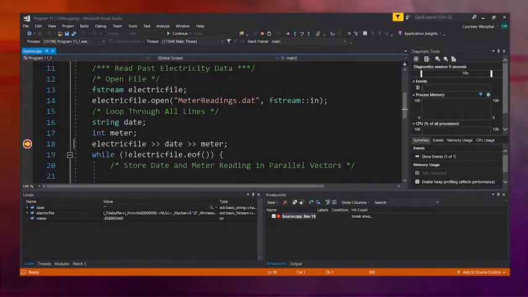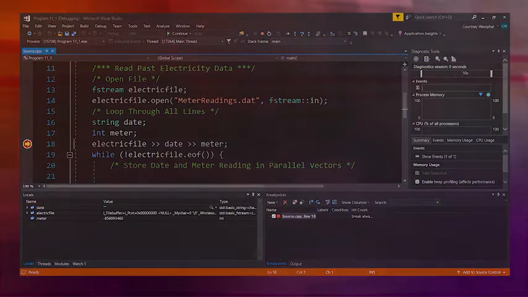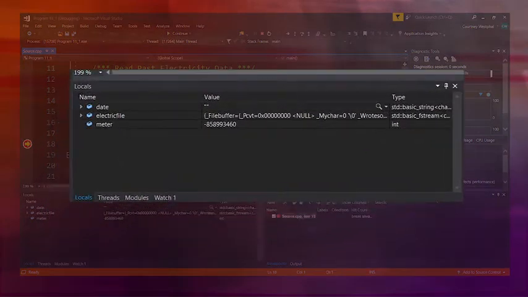Now, look at the bottom of the screen. You should see a window at the bottom that shows variable values. In Visual Studio, it will have tabs, and one of them, probably locals, will be selected. You should see 3 items listed there. In alphabetical order, they're the 3 variables that we have at this point in the program. The first one is date, the second one is electric file, and the third one is meter. Now, next to each of them is the value of that